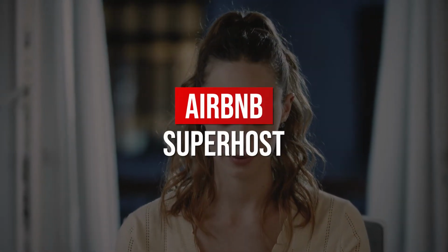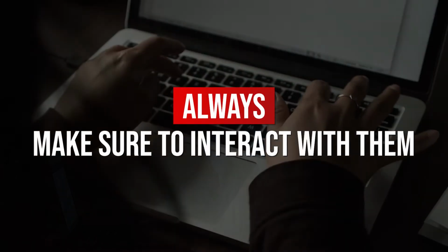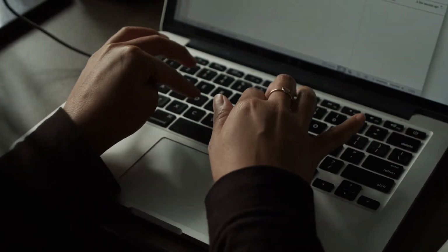When you get awesome reviews, you can be an Airbnb superhost. Now, you might not always get good reviews for all the persons you've hosted, even if it might be achievable. No matter what kind of review you get, always make sure to interact with them, good or bad. If you get a good one, remember to show gratitude and appreciation. When you get a bad one, reply politely, no matter how illogical the review is or how Karen the person